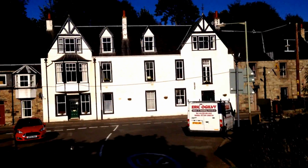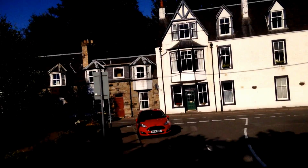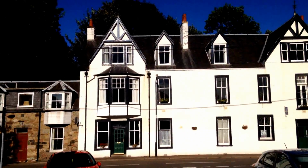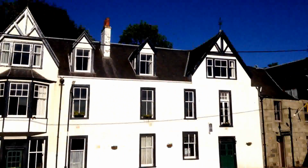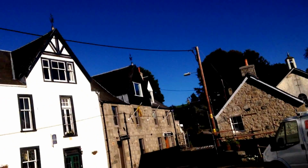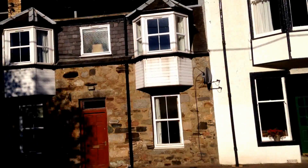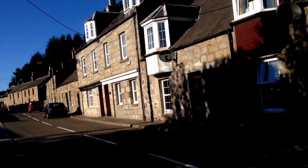Right, we are now basically in the top of Kirkmichael. If the sun's going to be nice to me today, I think. That is what we call the apartments. They're like holiday homes sort of things, but they're not. Kirkmichael Hotel's just over there. Been in there a few times, and wouldn't say it's all that great. And here